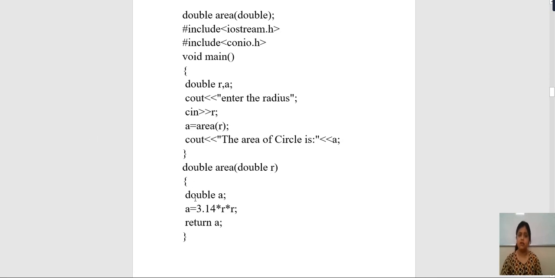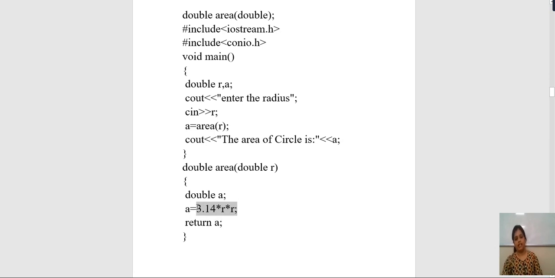Now the variable we are using for storing is a, so we have declared double a. Double is the data type. Now we have written the formula. You must be knowing the formula for finding the area of a circle. The formula is pi into radius into radius. The value of pi is either 22/7 or 3.14. We have taken the value of pi as 3.14 into radius into radius. So this is the formula for calculating the area of a circle.